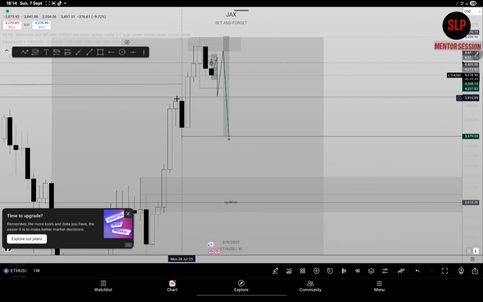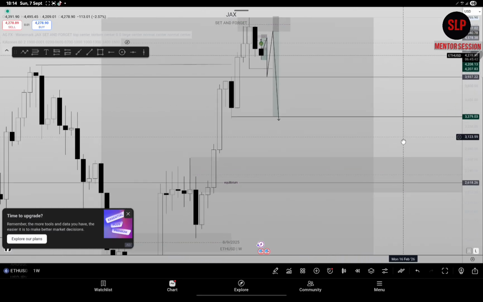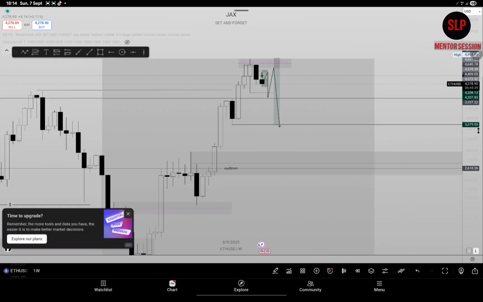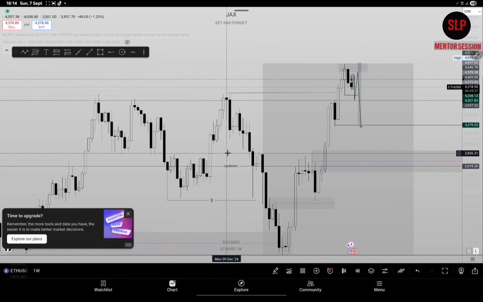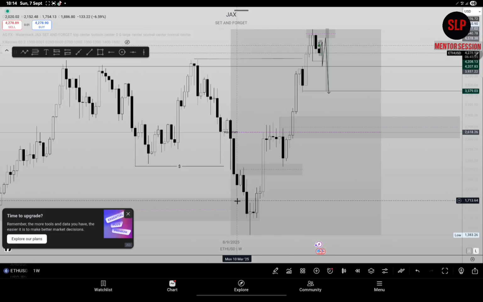Of course, there is a point of interest right here, and right here, but if you watch my range video, if you understand range, or you watch the valid point of interest video, sorry, getting so tired. So I use this box. This box has an equilibrium line in between it, so I was able to mark it out. My Fibonacci was not giving me an accurate 50% on this higher time frame on Ethereum. I don't know, Ethereum was messing it up somehow. So yeah, I marked out my 50% on Ethereum.